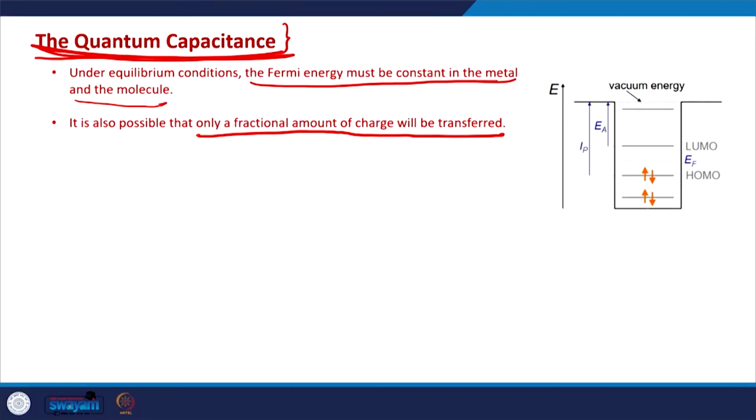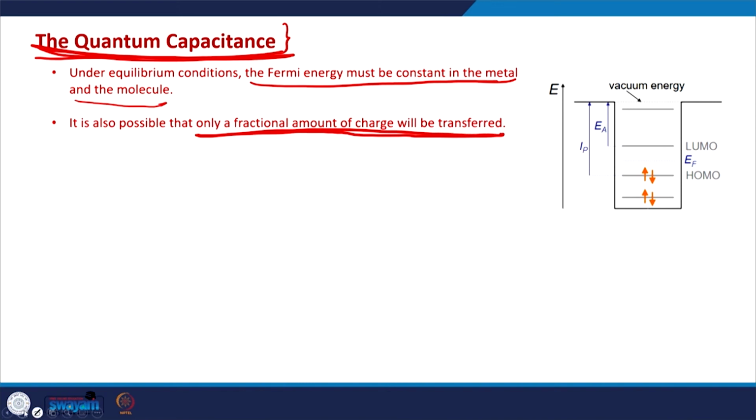It might happen that the electronic wave function is now such that part of it is on the metal and part of it is on the quantum dot. So, there is a non-zero probability of a certain electron being found both on the metal contact and the semiconductor quantum dot or a molecule. So, that way we can say that only a fractional amount of charge is transferred,